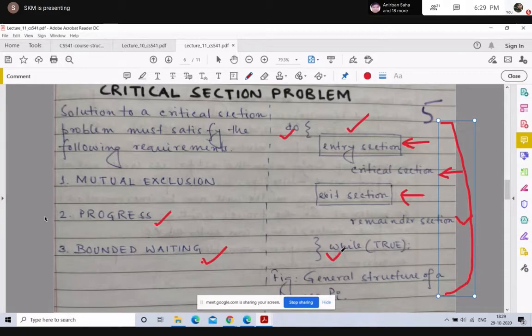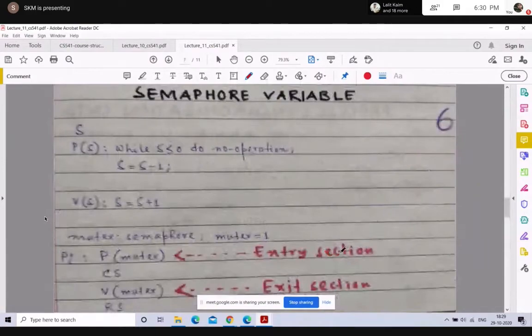So this was the idea of critical section. Now we will go into defining a type of variable which is known as the semaphore variable. So I move to slide number 6. We will come to why we are defining a semaphore variable just after critical section.